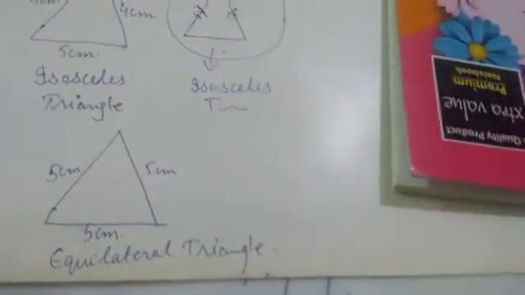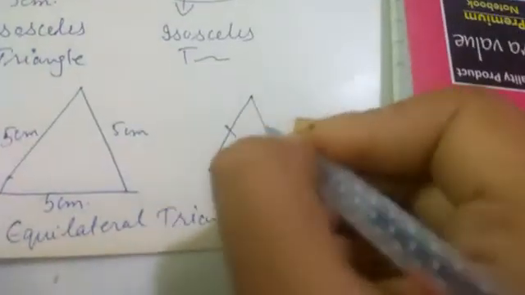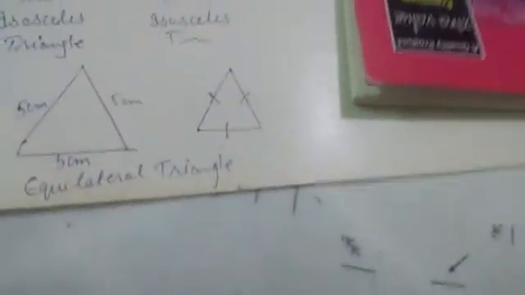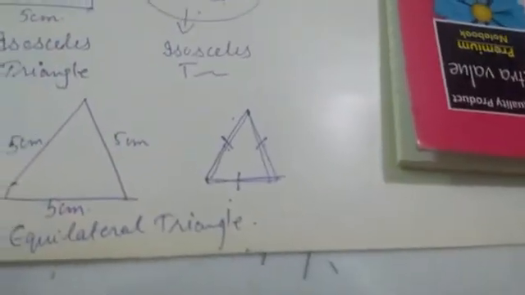And here also there is one more symbol that is used in the case of an equilateral triangle. In your book they can show it like this. If the cuts are on all three sides, then all the three sides are equal. So we can judge that this triangle is an equilateral triangle. If two cuts are there, that means these two sides where a cut is present are equal. And if the cut is present on all the three sides, then all the three sides are equal.